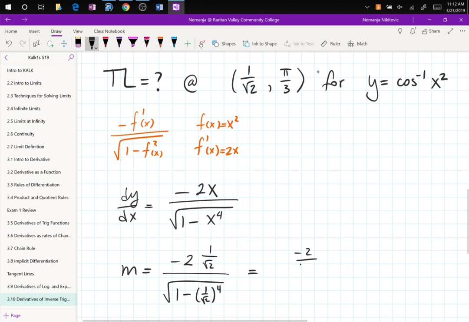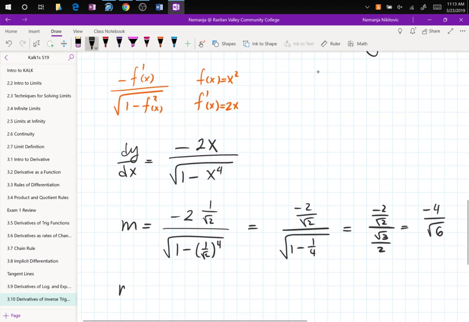So this becomes negative 2 over root 2. We'll deal with a double fraction. Divided by 1 minus 1/4. Because the square root of 2 squared is going to give us a 2, and then squared one more time, we get a quarter. So this becomes negative 2 over square root of 2 divided by square root of 3 over 2, because it becomes 3/4. Square root of 3 is square root of 3, and square root of 4 is 2. And now when we work out the magic, it becomes negative 4 over square root of 6 as our slope